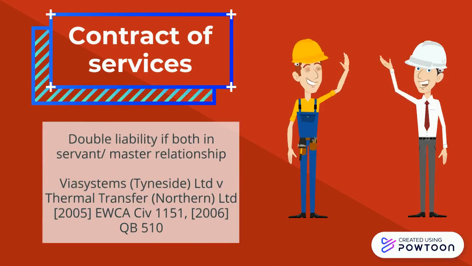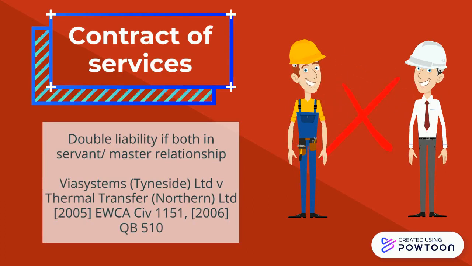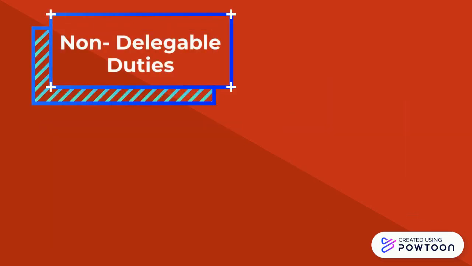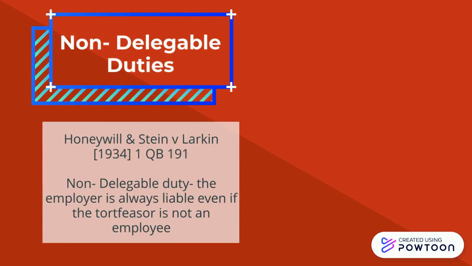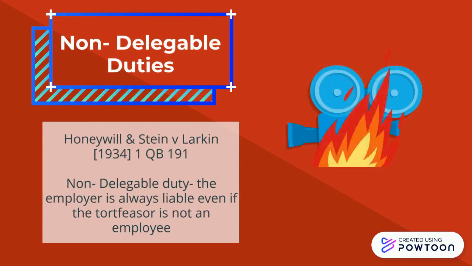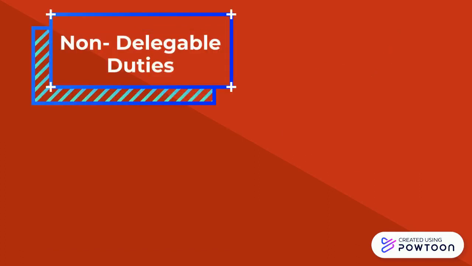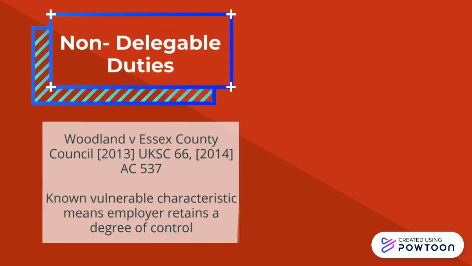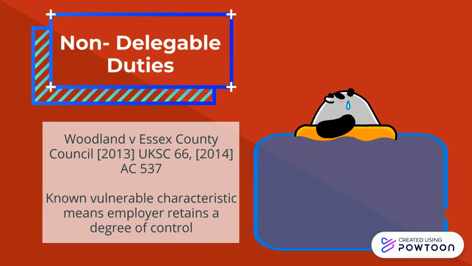It is important to note, though, that an employer is not generally liable for the torts of independent contractors. The exception to this rule, though, is that if the activity is defined as extra-hazardous, liability becomes strict as the employer has a non-delegable duty. A further class of non-delegable duties were added in Woodland, where it was found that if the victim had a known vulnerable characteristic, then to fulfil the defendant's duty of care requirement, they had to retain a degree of control